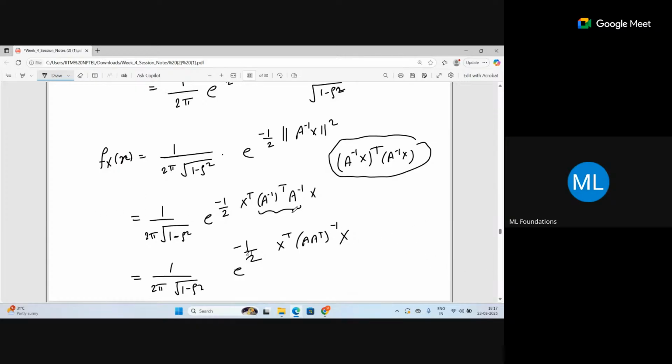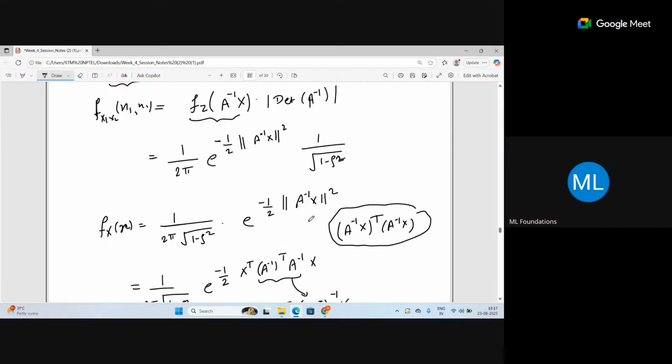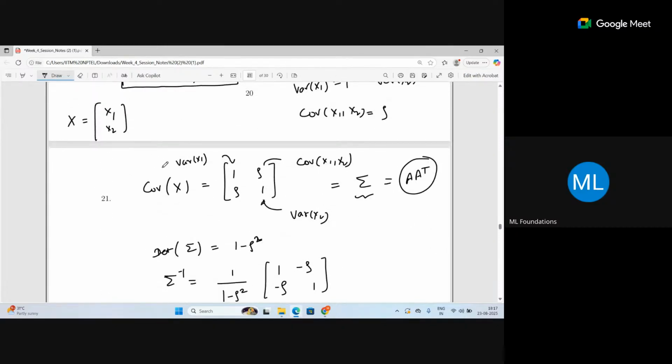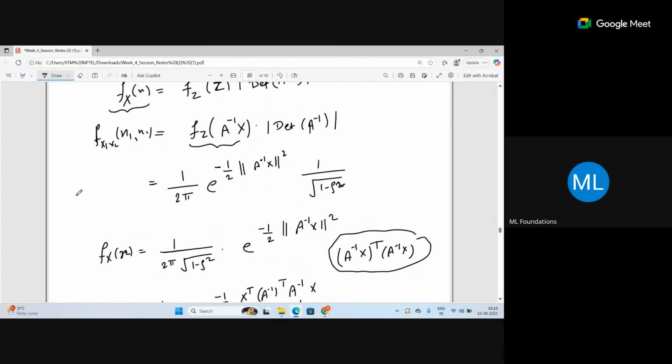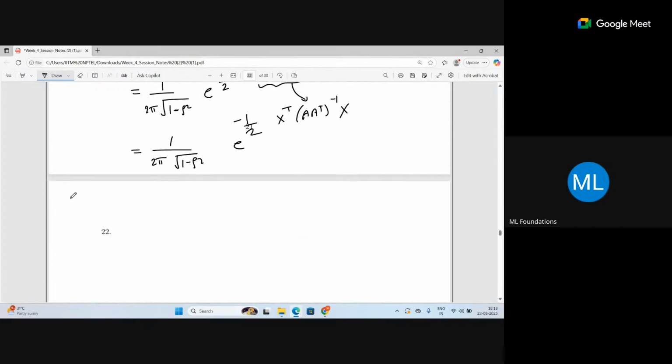This part I have written like this. That's fine. But I said earlier, right? This covariance matrix is actually A transpose, correct? And then what is A transpose inverse? It is basically the covariance matrix inverse, right? So can I directly put the value of the covariance matrix inverse there, and let us see how that will look? It will be 1 upon 2 pi root of 1 minus rho square e to the power minus half, right? And x transpose is what?